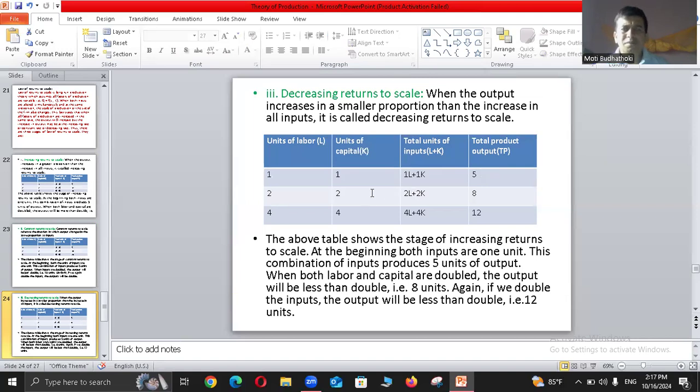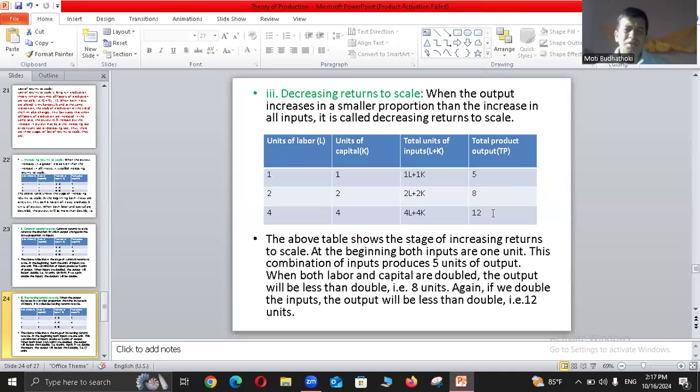And if we double both units of labor and capital, that is 2L plus 2K, we get 8 units. That means less than double. If we double the units of input, it results in less than double the output. And again, if we double labor and capital, that is 4L plus 4K, it gives just 12